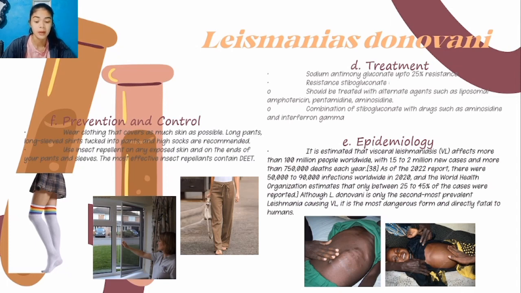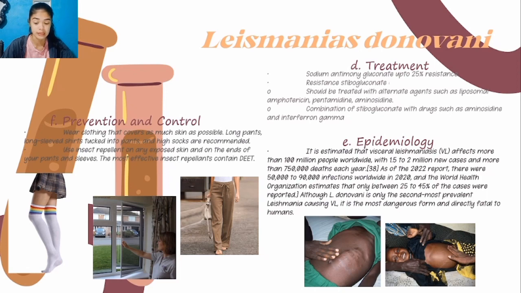Epidemiology: it is estimated that visceral leishmaniasis affects more than 100 million people worldwide, with 1.5 to 2 million new cases and more than 750,000 deaths each year. As per the 2022 report, there were 50,000 to 90,000 infections worldwide in 2020, and the World Health Organization estimates that only between 25 to 45% of the cases were reported. Although L. donovani is only the second most prevalent Leishmania causing VL, it is the most dangerous form and directly fatal